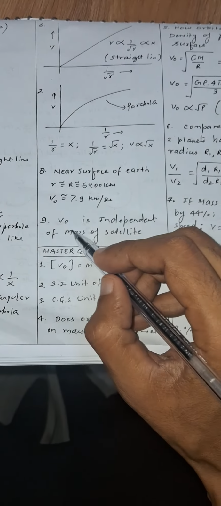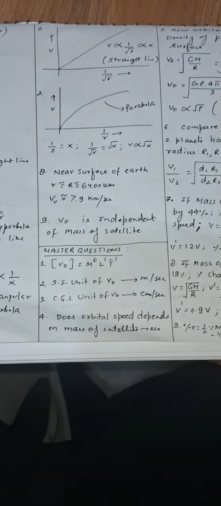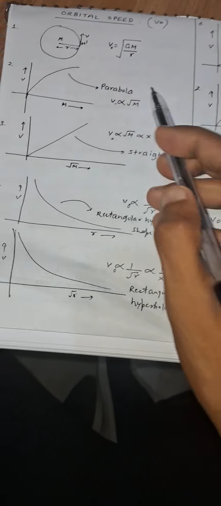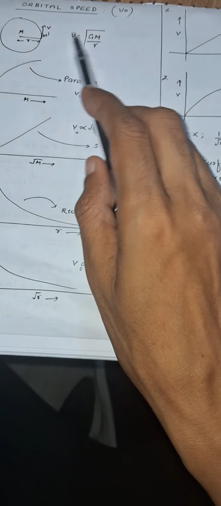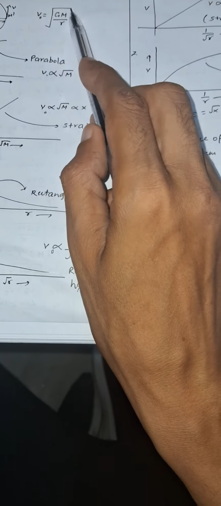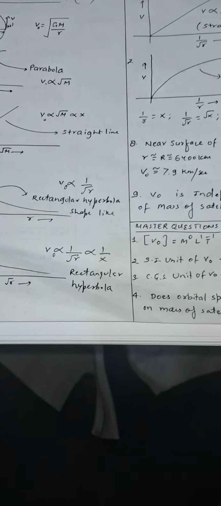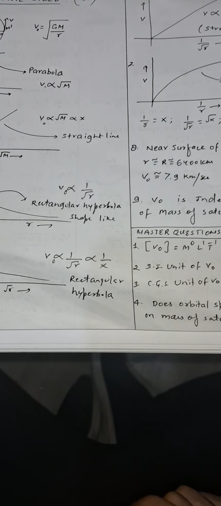There is one important thing, that v0 is independent of the mass of the satellite, because here we can see that the mass of the satellite is m dash, and in this expression there is no involvement of m dash. That means orbital speed is independent of the